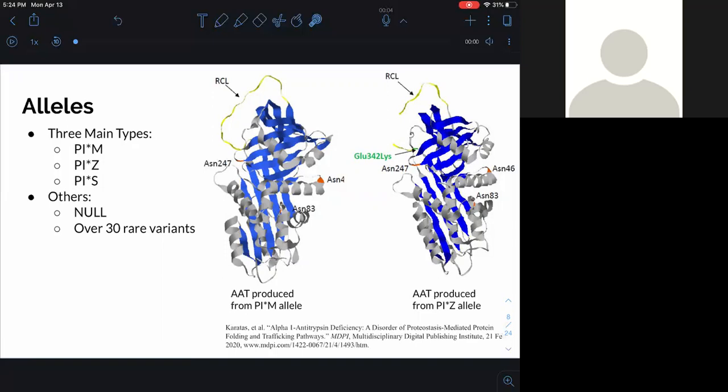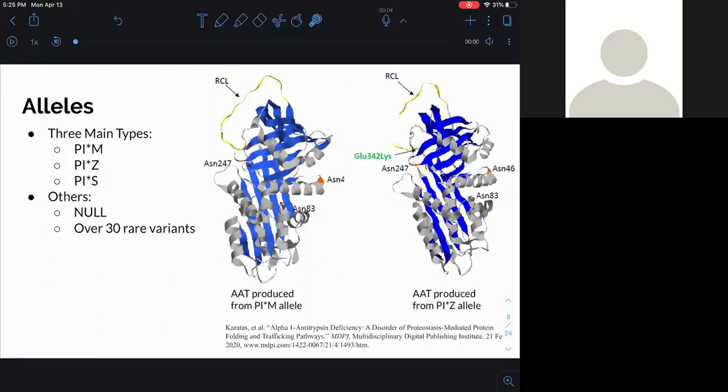And due to this, it also causes changes in location of the alpha helices, which can be seen especially between these two. And also it breaks up the RCL from the 5th strand of the beta sheet A. And due to its opening, beta sheet A can then bind to an RCL group of another mutated protein within the liver and cause polymerization to occur. And these long chains are called loop polymers, and these can build up in the liver to cause stress in the ER,